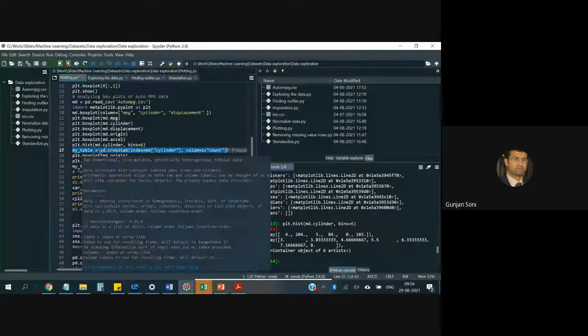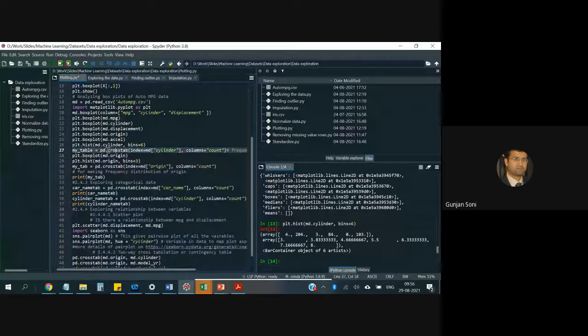So we use the cross tab function for that, and the syntax for cross tab is the data frame, then index equal to the column for which you want to make the frequency distribution. I can run this code.